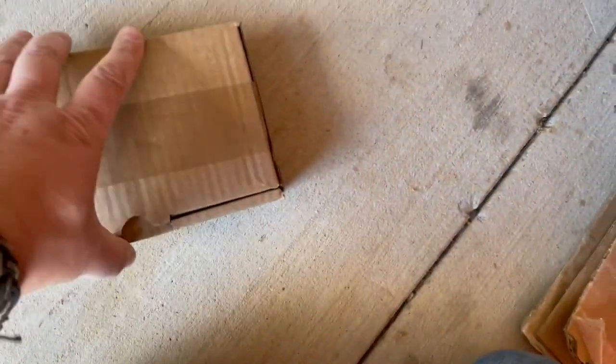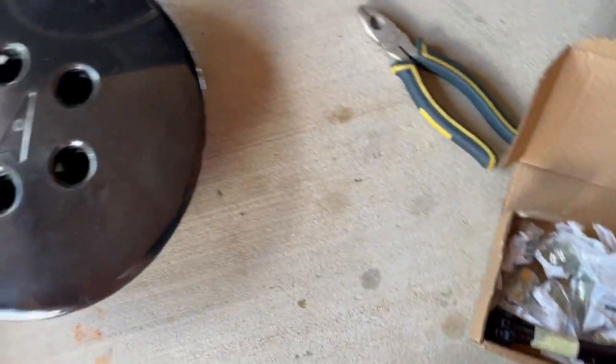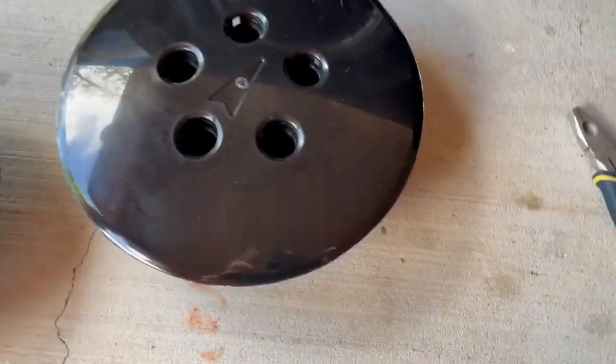They come with the, as they describe, the bolts and the zip ties. And this is what they look like. They're injected, so they look pretty much like the factory piece. They have this